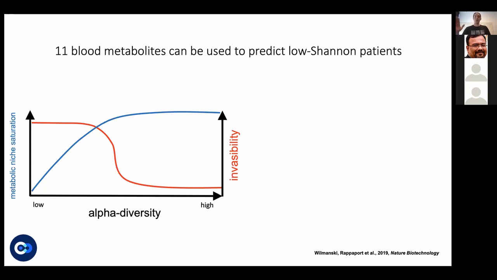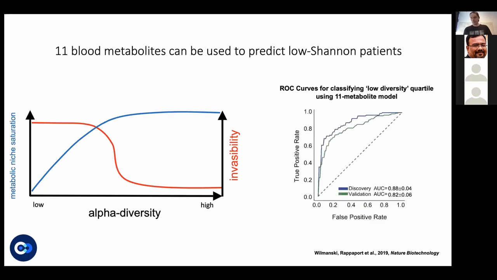And so there's probably some transition across which the metabolic resources for C. diff to invade become available at low enough levels of alpha diversity. So we built a little 11-metabolite model to see if we could predict the lowest quartile of alpha diversity